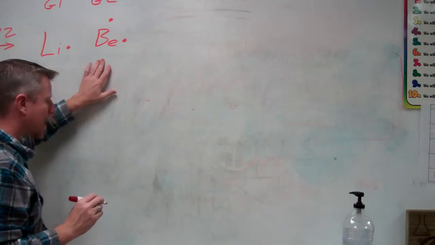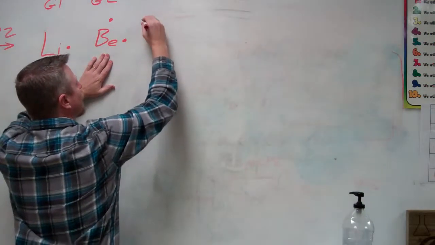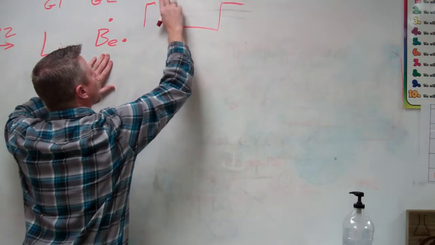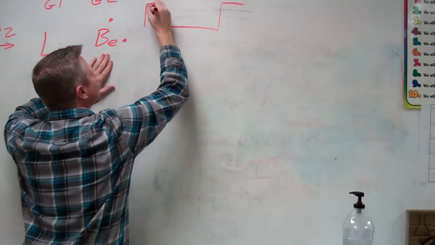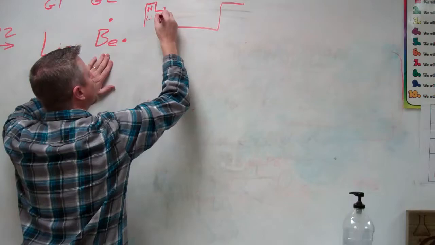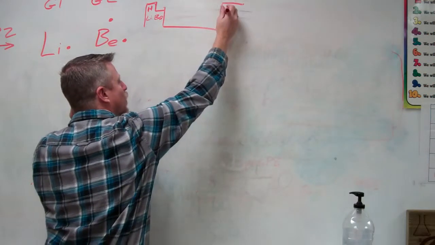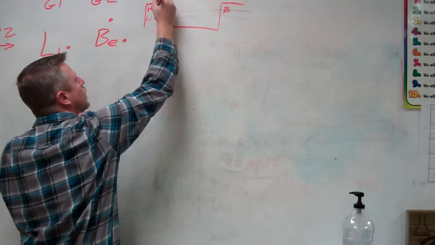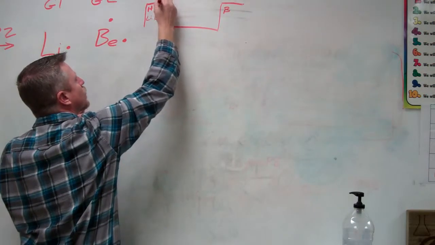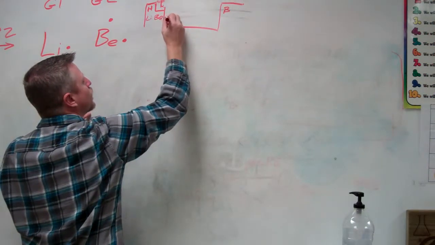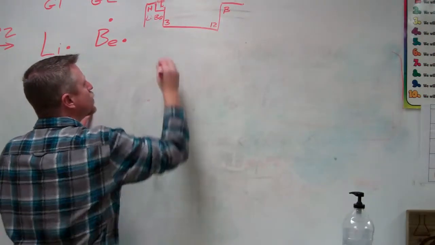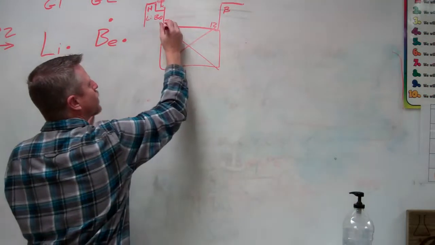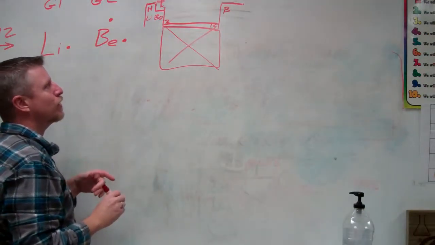Okay, now remember we had a rule that groups 1 and 2, when we look at the periodic table, it kind of does this. Okay, so I always draw this a little bit wrong. It kind of goes like this because this is hydrogen. Then we have lithium and beryllium. And then next to beryllium we have boron, and so on. This is group 1, and it goes down. Group 2 goes down. And then we have groups 3 through 12. Now these are the transition metals that kind of form a rectangle in here. They do not follow the rule that we're talking about.